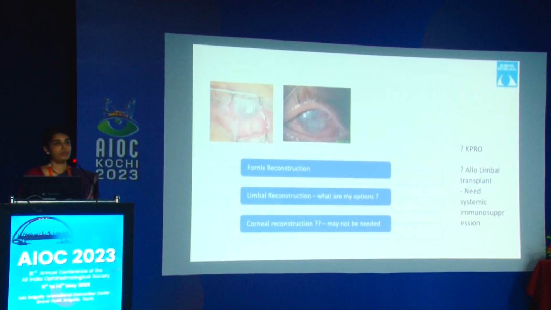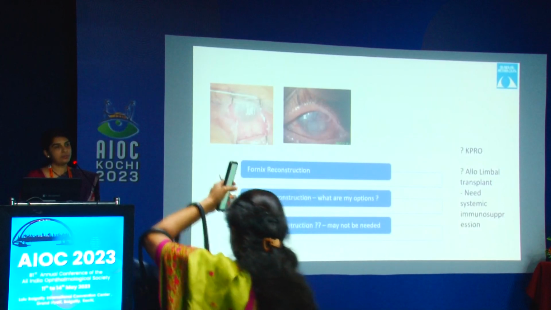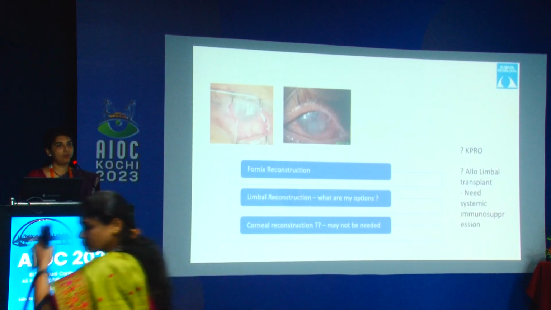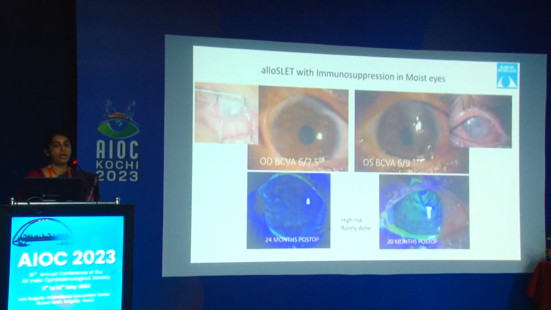this is a situation where you would probably need to take a decision between keratoprosthesis or a surface reconstruction, and in a child you do not want to subject the patient to a keratoprosthesis, and therefore you go towards ocular surface reconstruction in this patient with immunosuppression, considering the fact that this is a moist eye, and this is the outcome that we have had in this child, maintaining vision over almost 4 years now with an alloslet on systemic